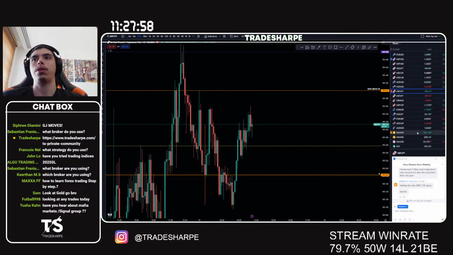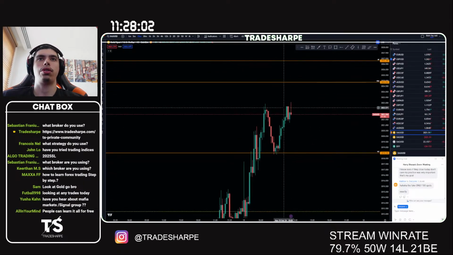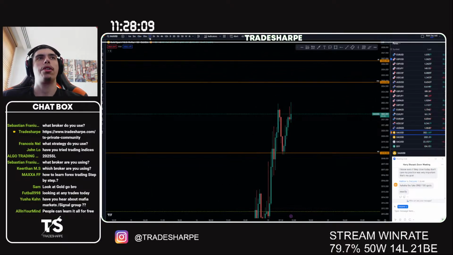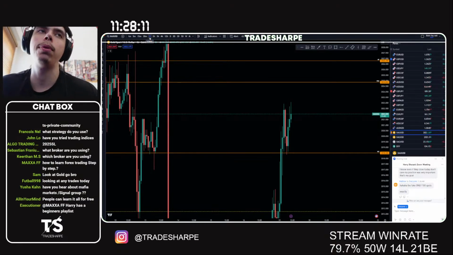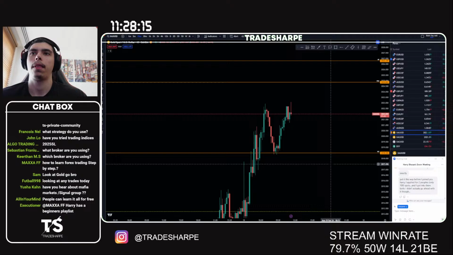I use IC. Look at gold. I think gold's breaking down. Yes, gold is just ranging here at the moment. Look at this inconsistency we're seeing on bank holiday here. We're trying to push up. 30-minute close below, 1 hour close below. I don't think we will see continuation until we get a candle closing above here.